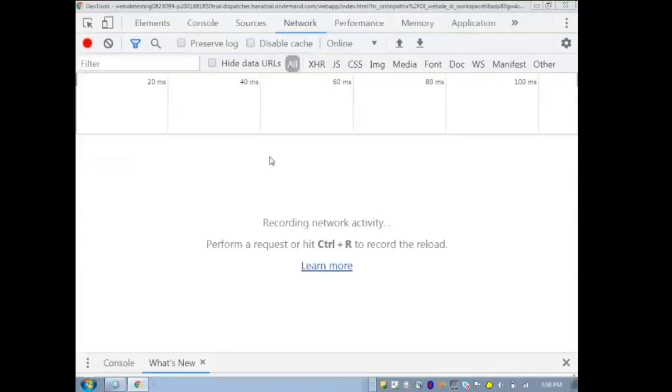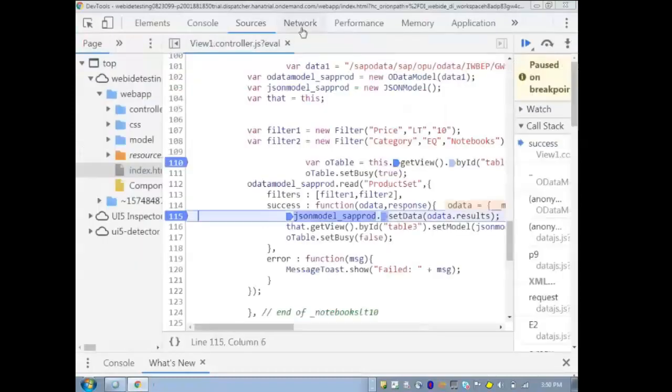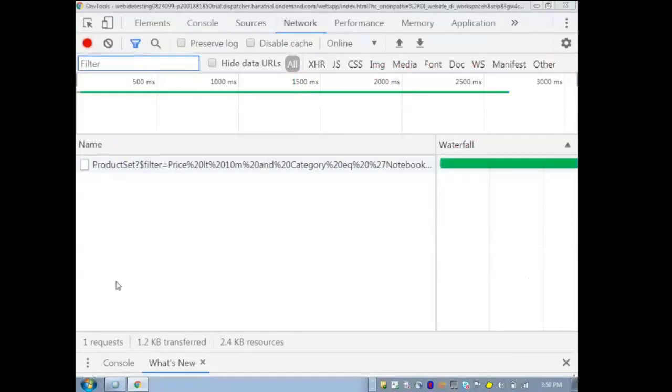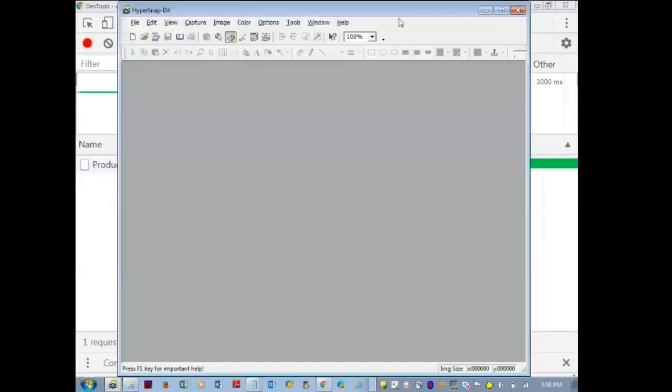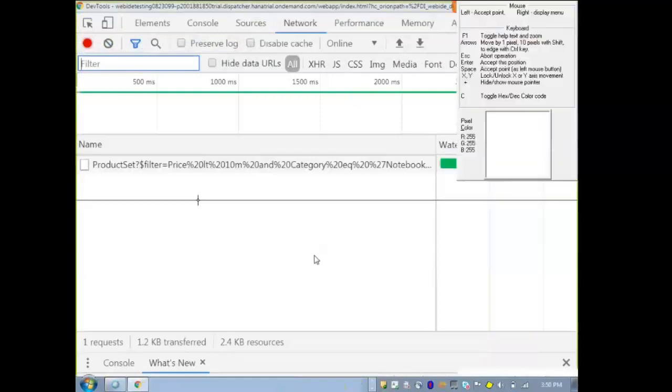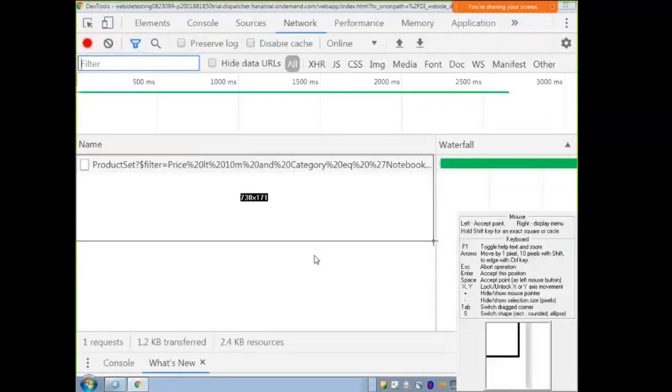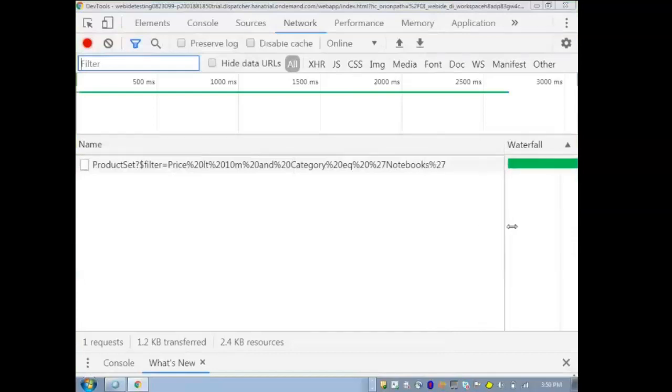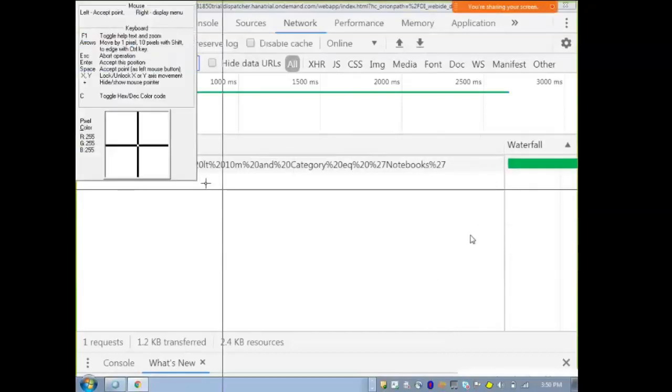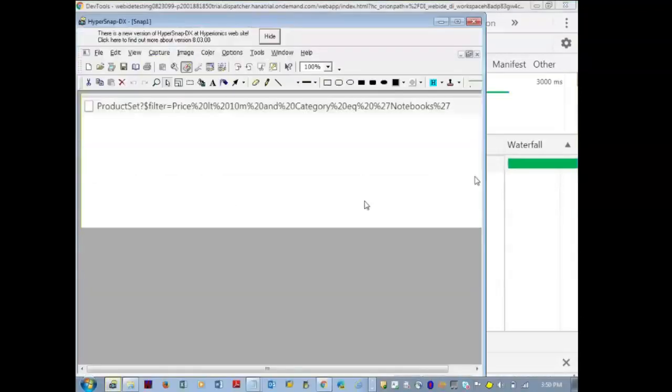I can see the network. Good. See that? Okay, price LT 10 is read like that.